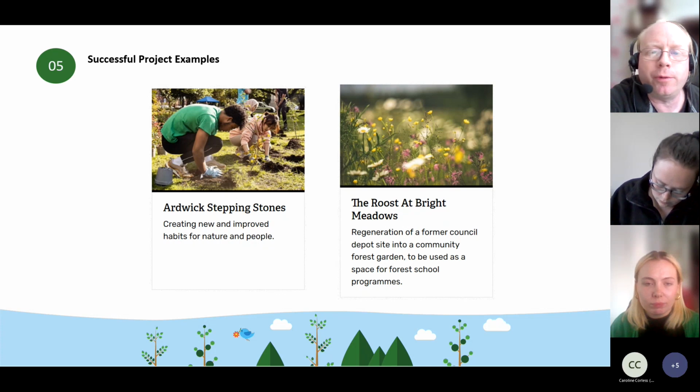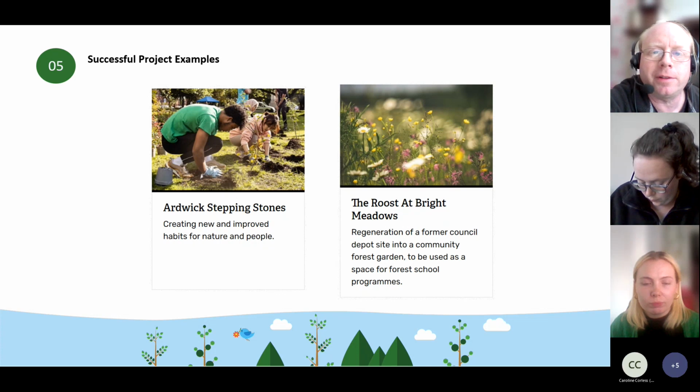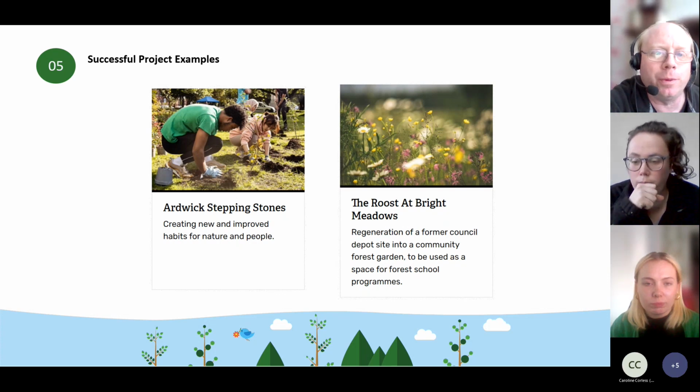So their project's about thinning some of the trees. They're too close together. They're not in a healthy condition, so the biodiversity isn't great. So by thinning them trees, using the woodland material to make dead hedges and barriers, they're creating habitats that way. But then they can let more sunlight onto the forest floor, and they can plant it up with seeds and bulbs and increase biodiversity that way.